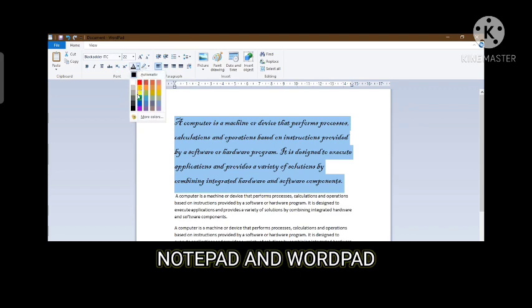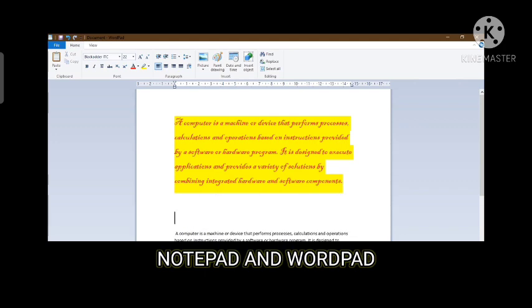Now to change the font color, from over here you can change the color of your font. At present it is black, now I am changing it to red. So you can change the font color. From here there is a fill color option. Okay, so like this your text can get highlighted. So these are the few commands of the font group.